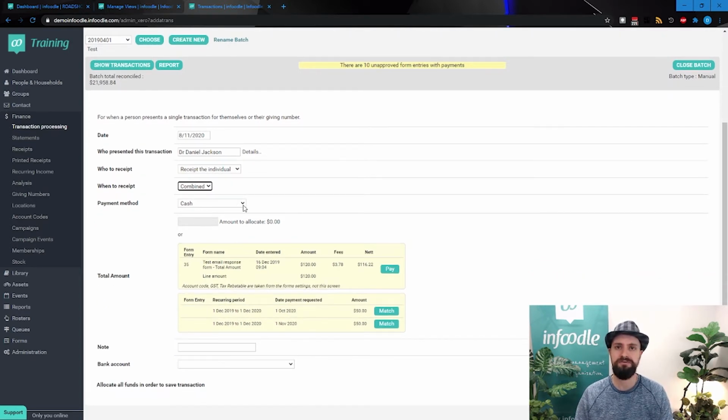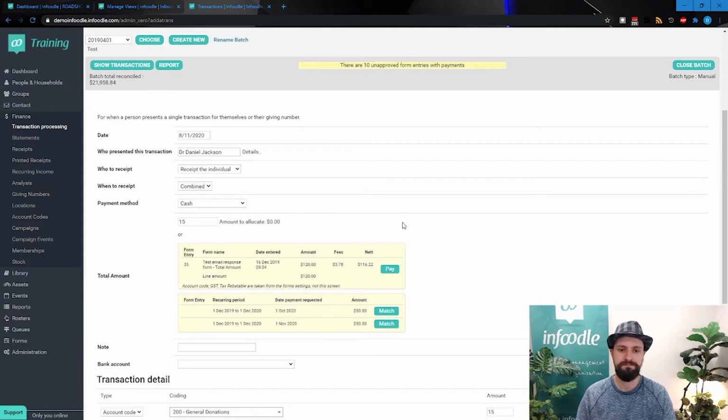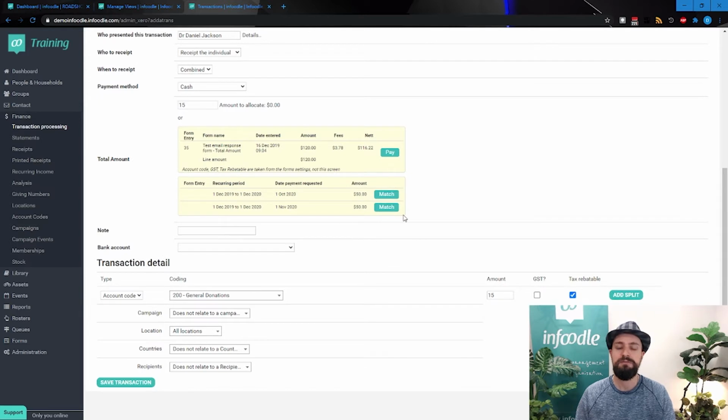And how was that money received? So we'll say it was cash this time, and it was for $15. Okay. These blocks that are popping up here we'll ignore for now. That's relating to payments that this person has made via an Infoodle form. So Infoodle's serving those up for you so that you can pay that information very quickly without having to manually enter in this